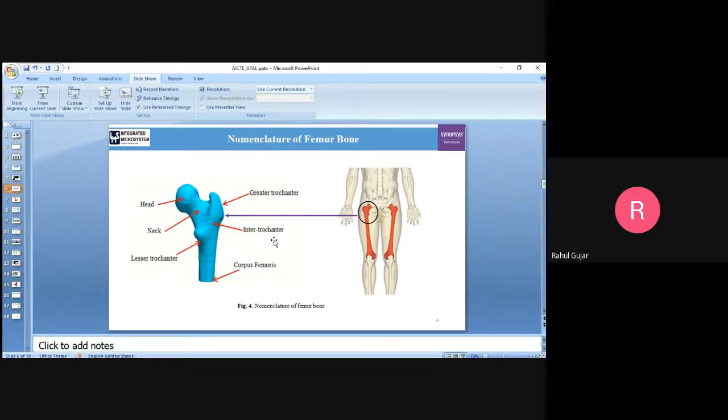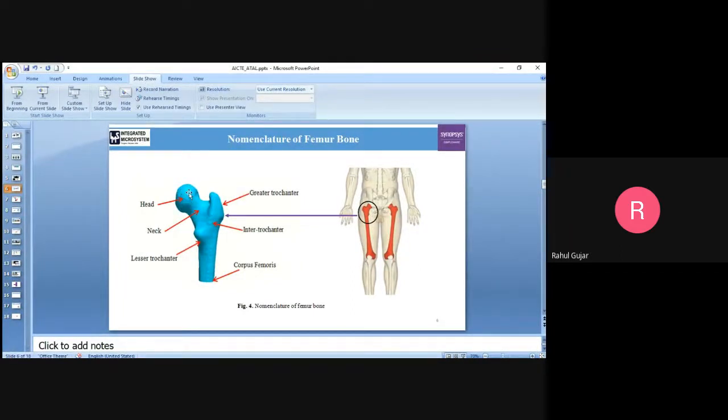Now, as far as my research is concerned, I am working on the estimation of biomechanical properties of the femur bone, and for this purpose I am concentrating on the long bone available in the hip joint. Here I have shown a figure of the long bone, or the femur bone. As we know, this bone is the longest and strongest bone in the human body, and it has